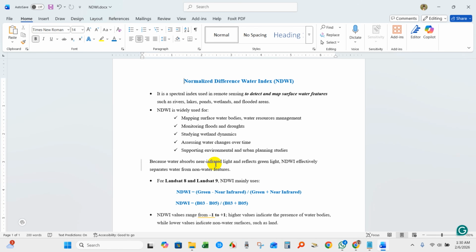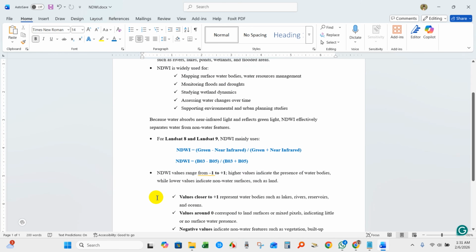So for Landsat 8 and Landsat 9, NDWI mainly uses band 3 and band 5. So NDWI calculation is mainly green minus near infrared divided by green plus near infrared. So here band 3 is green and band 5 is near infrared. And for value ranges